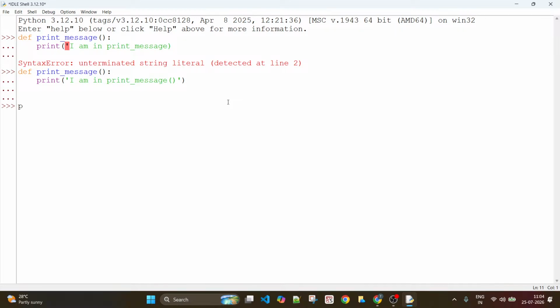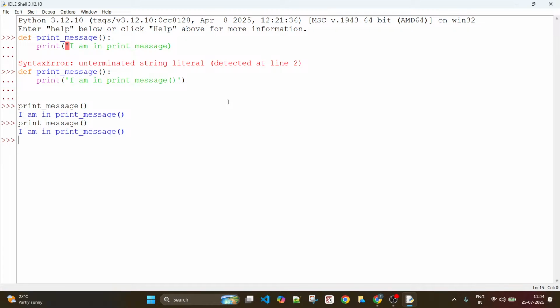So if I have to execute this piece of code, what I need to do is I need to just make a call. How to make a call? Making a call to a function means just mentioning the name of that function. You see what happened now? That output statement got executed. How? Because you made a call to the function. And what if I make this call once again? It does the same thing.